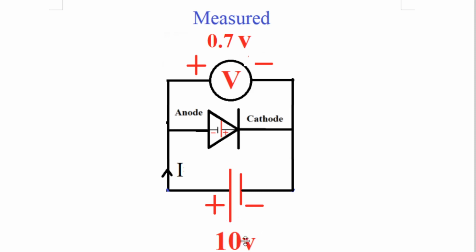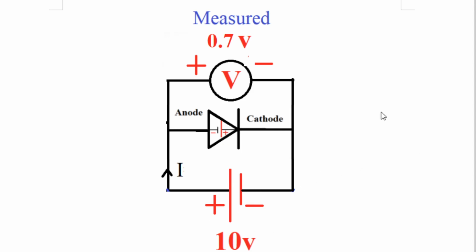And the voltage above 0.7 volt, how much is it? 9.3, because you applied 10 volt. The voltage above 0.7 volt, meaning 9.3 volt, will get short circuited by this conducting diode. This diagram is very simple, but always remember: the voltage across a conducting diode, after 0.7 volt, is always 0.7 volt, and the voltage applied to the diode over and above 0.7 volt